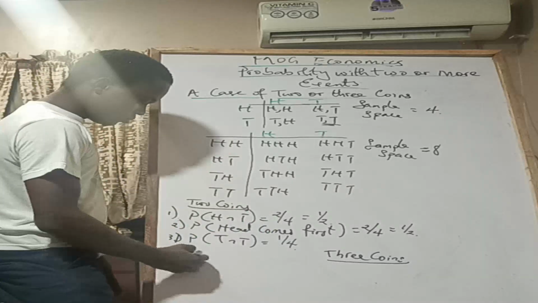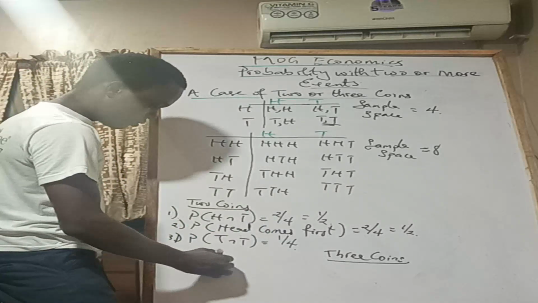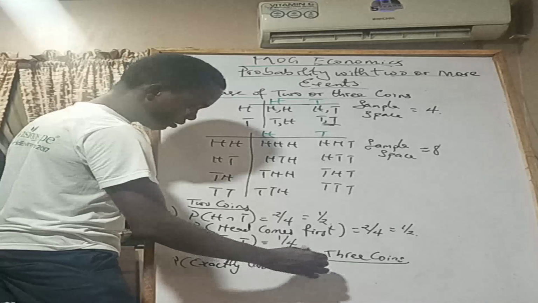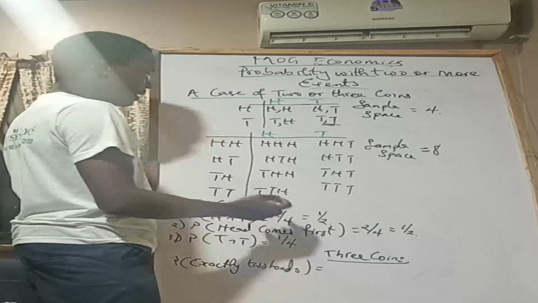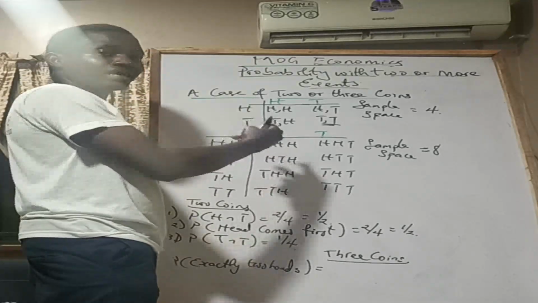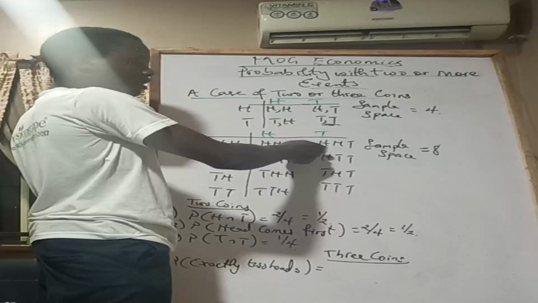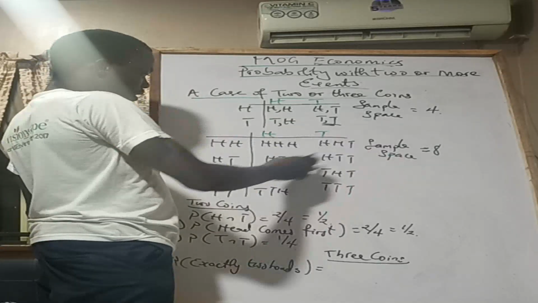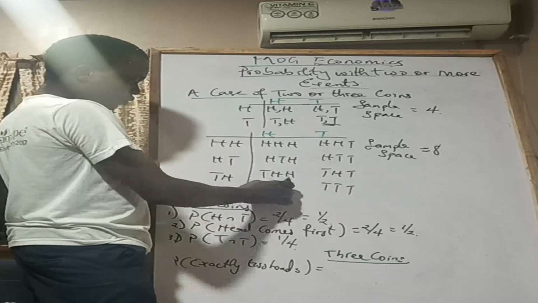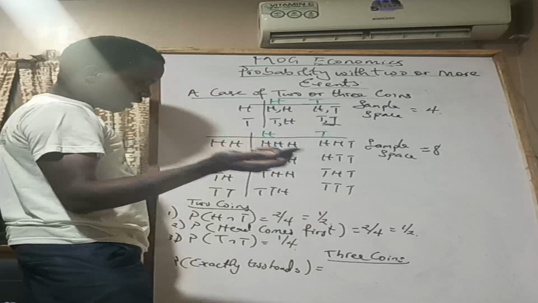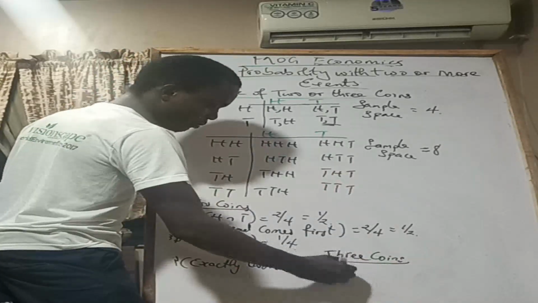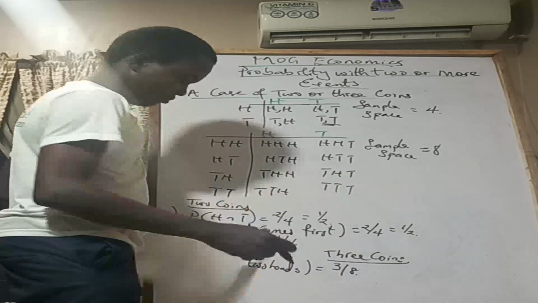Okay, so the probability of exactly 2 heads equals, our sample space is 8. Exactly 2 of the 3 tosses comes up head, so that means we can't pick H, H, H, because it says exactly 2, only 2 of them comes up head. So we look at this one. We have 2 heads here, so this is 1, even though it is HTH. This is 2, we have 2 heads here. This is 3, we now have 2 heads again. So we have 3 times we are going to be having exactly 2 heads, out of the entire sample space, which is 8.